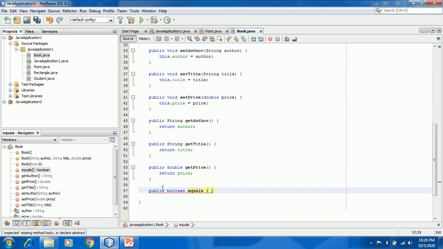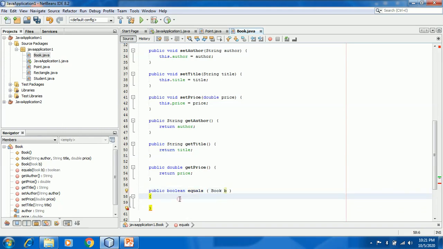It compares two objects. As I told you in the video, if your function needs to operate on two objects, then you need to have an argument. You need to have the second object as argument. The first object can be the calling object, and the second object has to be passed as an argument. So I will take the second object as an argument here, and I will compare it with the calling object.